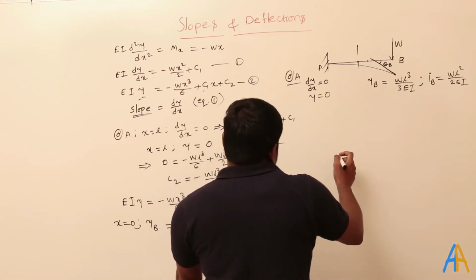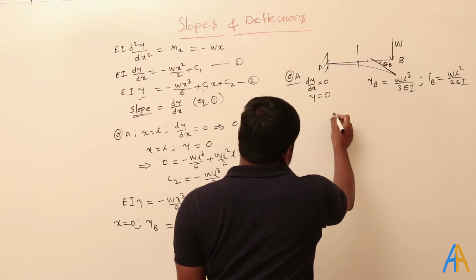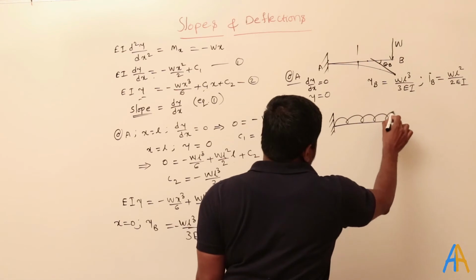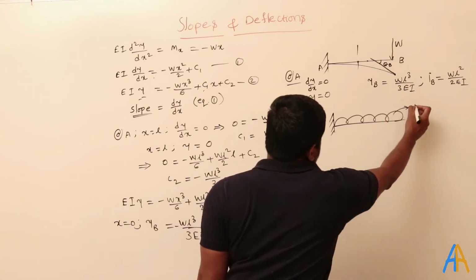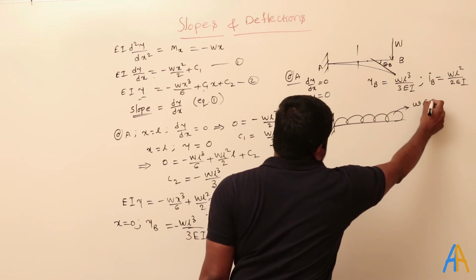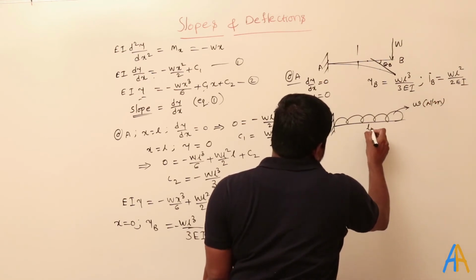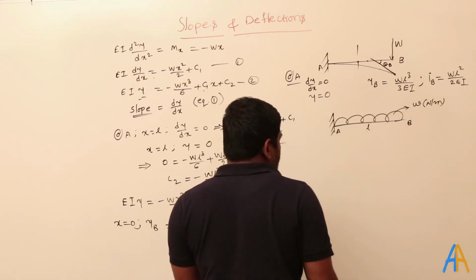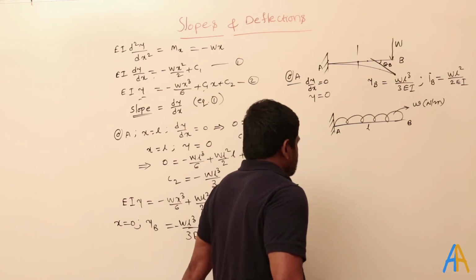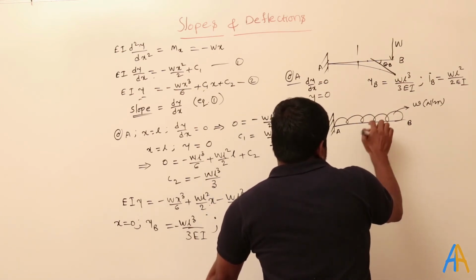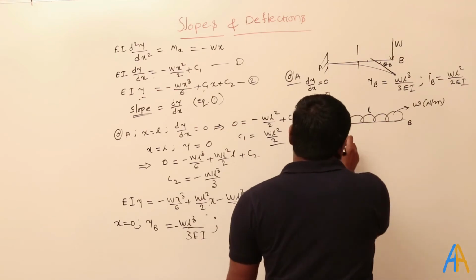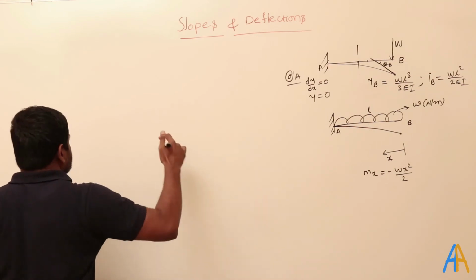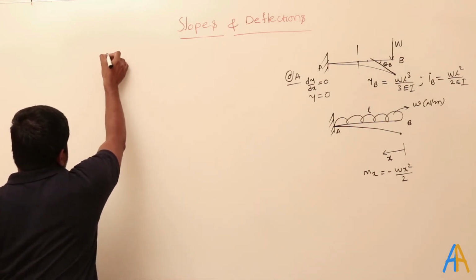Now I will take the cantilever beam with a uniformly distributed load. Uniformly distributed load like this, and it is a small w, in Newton per meter, and the length is the same L here. This is the point A and this is the point B. In this case, I want to find the deflection as well as the slope at different points. And here that is the Mx, and I have taken x from the free end.